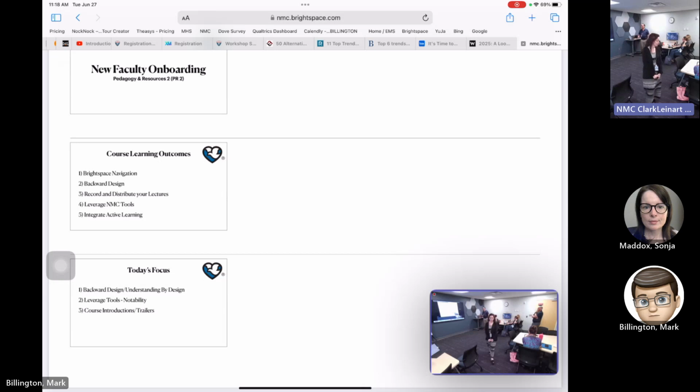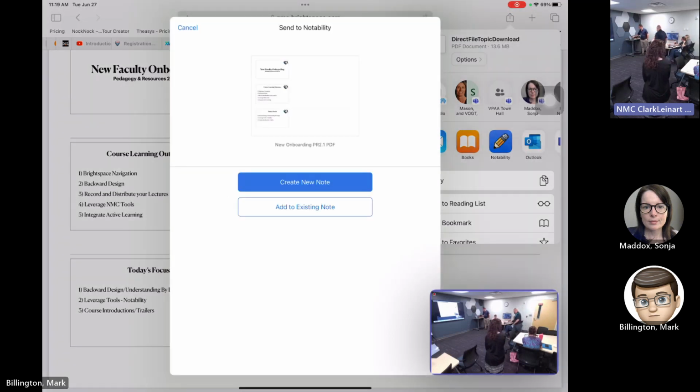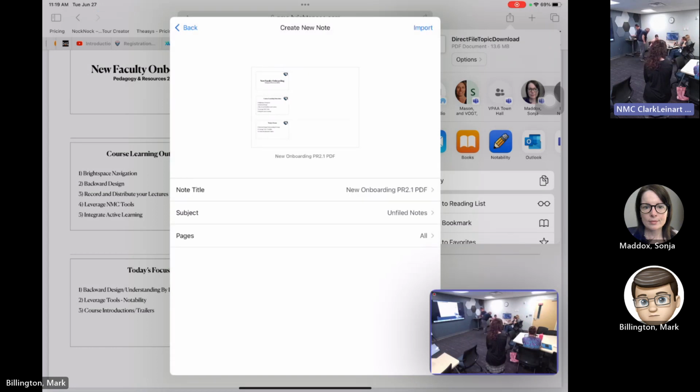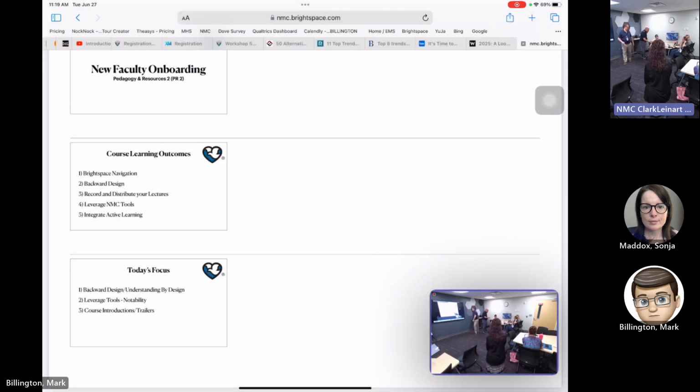Thank you. All right, once you've downloaded, click the little up arrow, the box with the up arrow, and put that into Notability. Then choose create new note. Oh, because you're on Chrome, that's another way you could do it as well. Go ahead and press the download. Okay, now you can click open in, and then slide left.